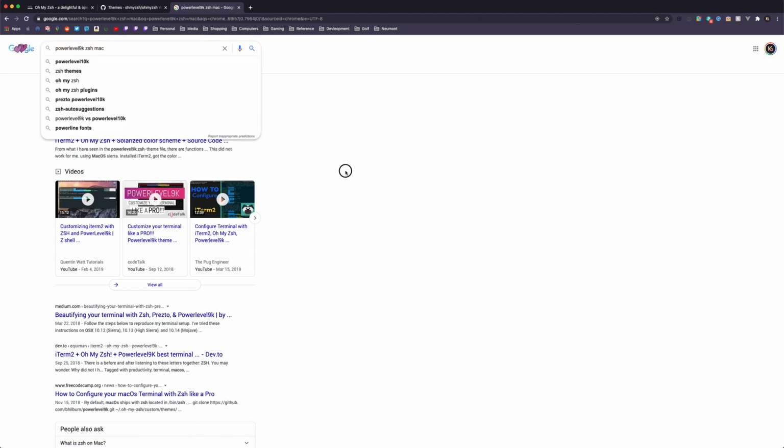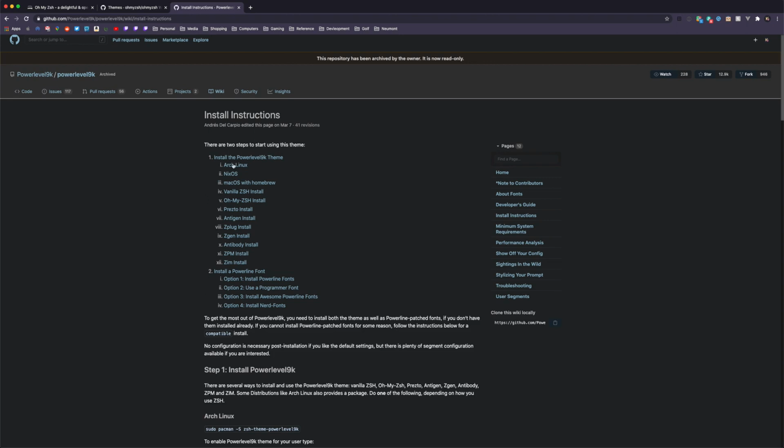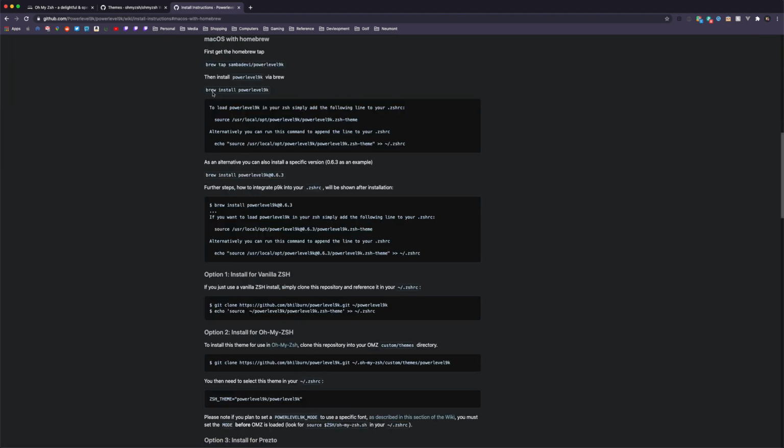So I put this in. This is the top result, install the Power Level 9000 theme on GitHub. So you can click this, and right here, it'll instruct you how to install it. So you can click on macOS with Homebrew, and you can install it